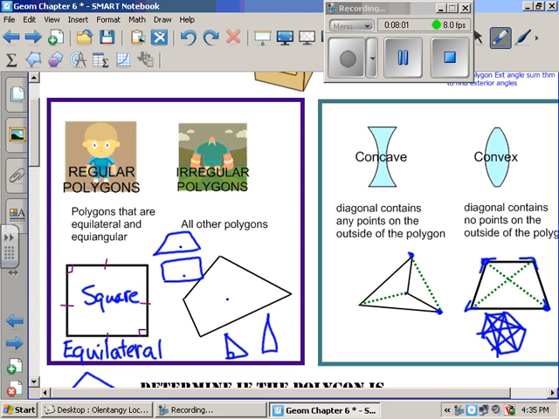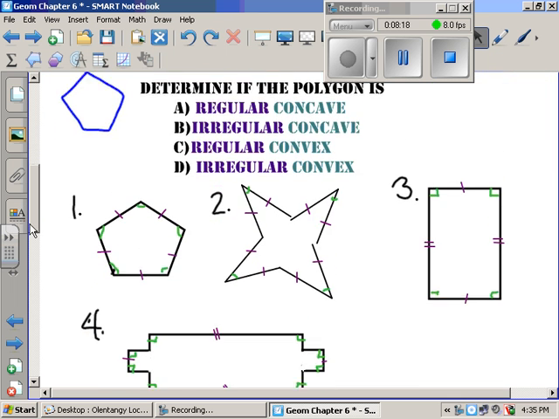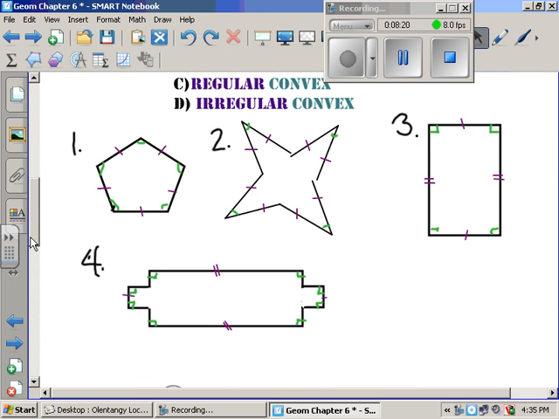Somebody kicked in a corner. So a concave polygon will have at least one angle that points in. So lots of those ones I drew before were concave. Okay? So let's take a second and see if we can identify these as regular or irregular,